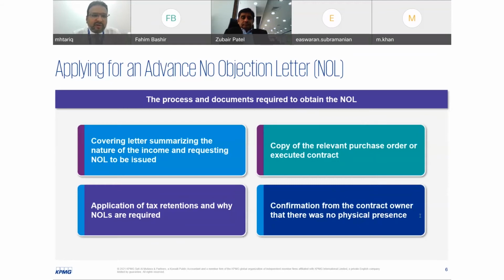And for commercial reasons, I think this is a commercial decision. This should be taken by management. For commercial reasons, if the contract owner wishes to go and apply on behalf of the vendors, that is also something we have seen, because it is in their interest, right? So why would I, the local company, wish to do that? Well, it protects me from any undisclosed tax liability.